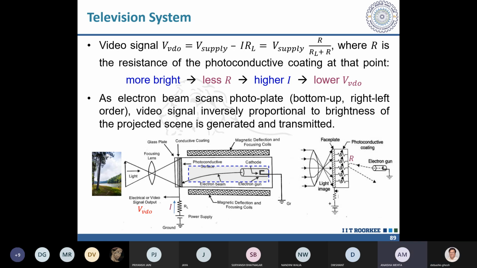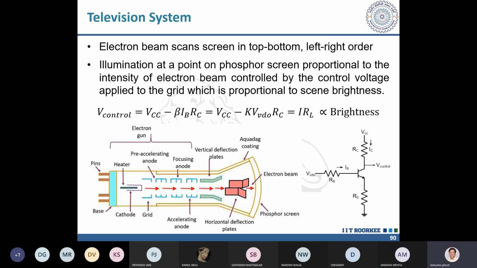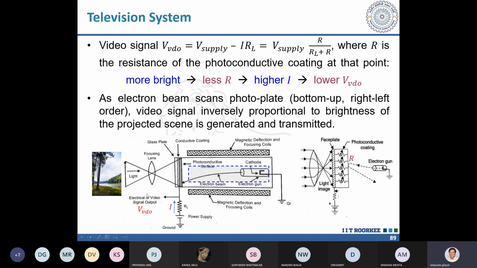Sir, in the next slide, it is given that it is from top to bottom. Because there the scene is created, the actual scene is created. Yes, sir, I want that top left to be created here. Top left will be created here on top, because this is what I will be seeing. I will be sitting here and looking into the picture tube, so I will be seeing that picture in the proper orientation, with the top on top. But when I'm doing the scanning, this top is coming here. So the scanning in the picture tube and in the camera has to be done in the opposite way.